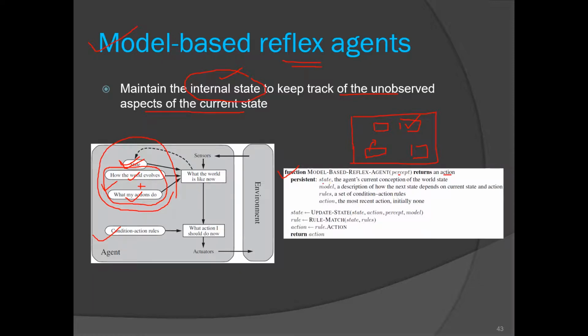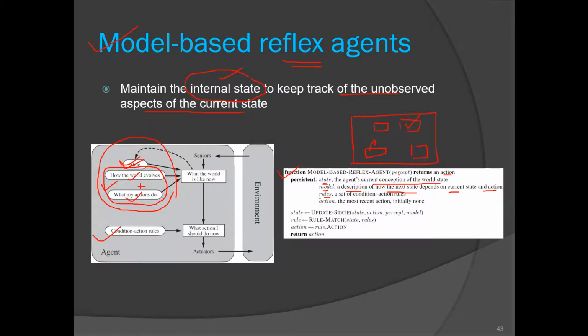He is maintaining a state, the agent's current conception of the world state, what is the world around him, and a model, a description of how the next state depends on the current state and action. How the model will evolve, right?